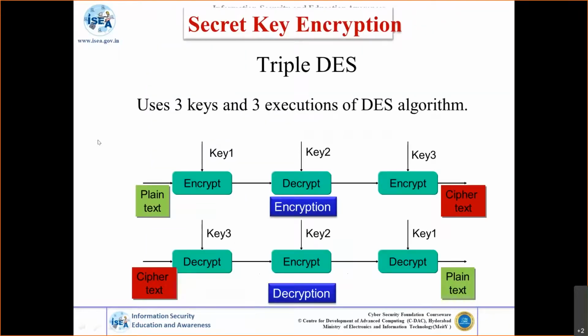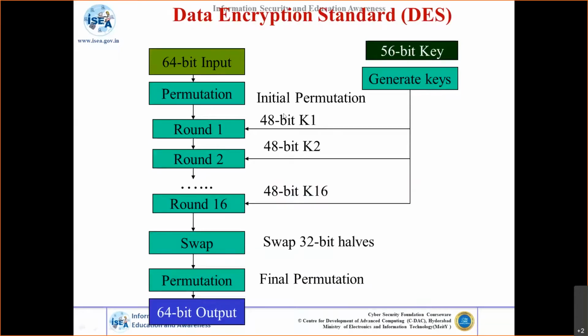Okay, so there is something called triple DES. Now, as I told you, the key length is very, very important. If someone tries to find the 56-bit key, it is not difficult to recover the plain text. The reason is that the algorithm cannot be kept secret. The reason is, very few standard algorithms are there.